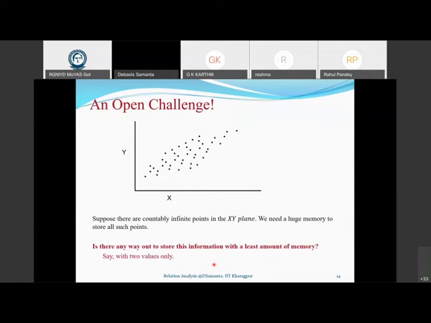Maybe say 50 points are there, and each of the 50 points is specified by one x value and one y value. So this is simply an xy plot, right? So there are 50 points. Now the problem I pose is: can you represent all 50 points using only 1